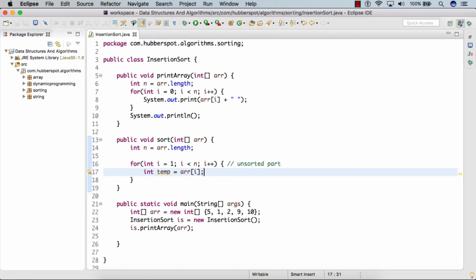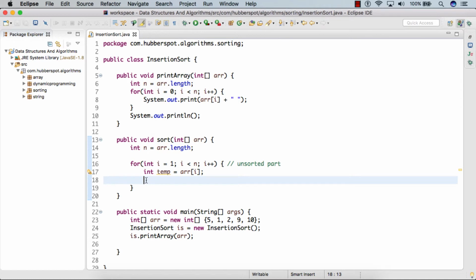And after we store this, now we simply access the sorted part. So here you can see that as i is starting from 1, the element which is stored at the 0th index is already sorted and we can access it via j. So now j will basically keep the track of the sorted part.